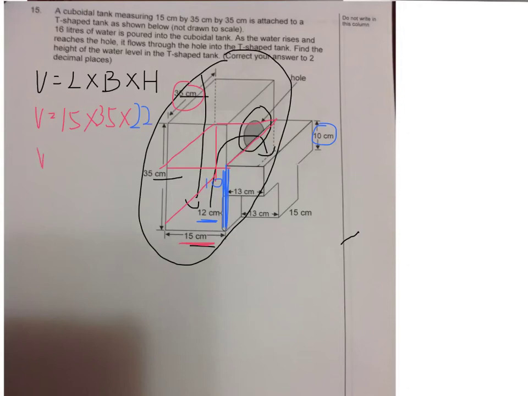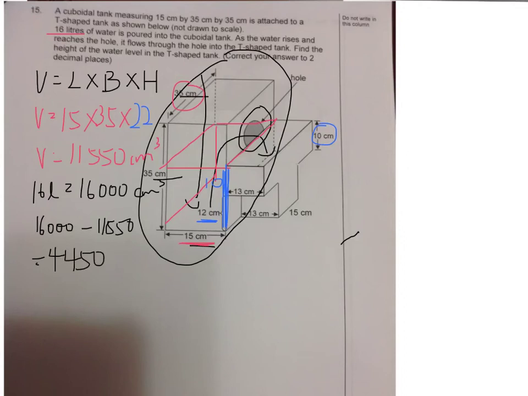Our volume of the cuboid tank until this point will be 11,550 centimeter cube. The question mentioned that 16 liters of water is poured in. So 16 liters is actually 16,000 centimeter cube. So we'll take 16,000 minus away 11,550, and we'll get 4,450. This means that after it reaches this point, water will flow into this tank. The amount of water that flows in is